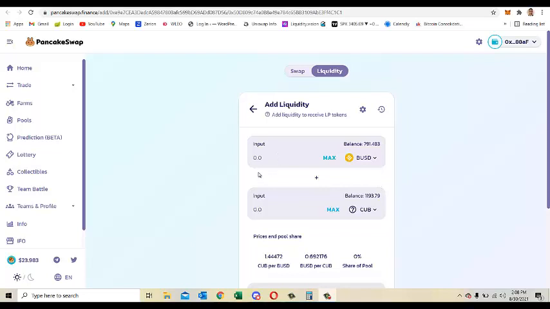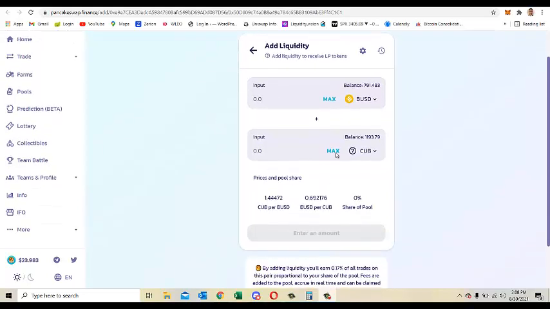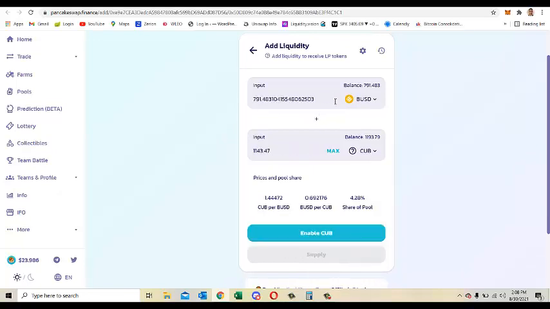So here we go. I have now my BUSD and my Cub. I'm going to hit max on my Cub, and you'll see that I actually have more Cub value than BUSD, which makes sense because I think I had a little Cub in my wallet. So in that case, I'm hitting max on BUSD, and then it'll take the appropriate amount of Cub, which is fine. I want to use all my BUSD. I don't mind if I have leftover Cub